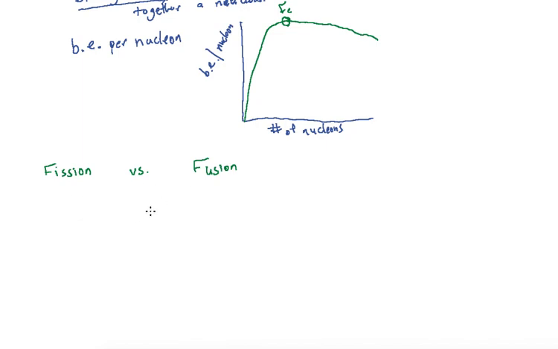What's the difference? What are they? So fusion sounds like what it sounds like. It sounds like you're fusing things together. So fusion is when you take smaller nuclei, or smaller nucleons, and you stick them together into a larger one. So that would be this side of the curve here, where you'd be going up, taking these smaller elements and combining them together into larger and larger elements. So fusion is combining nucleons,